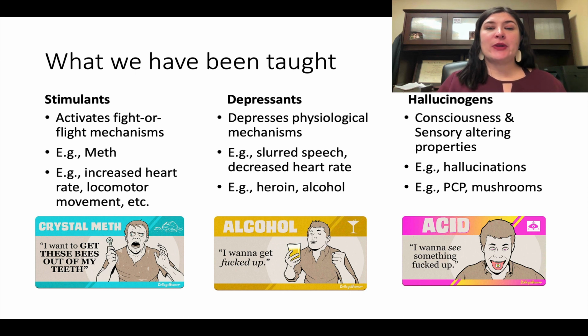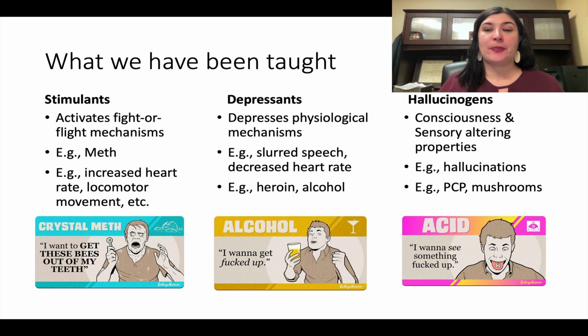So far, we have been taught there are 3 different types of drug categories: stimulants, depressants, and hallucinogens. Stimulants tend to activate the fight or flight mechanisms. For example, meth can increase the heart rate, locomotor movement, etc., whereas depressants tend to depress the physiological mechanisms and depress that fight or flight response, which leads to slurred speech and a decreased heart rate, just like heroin or